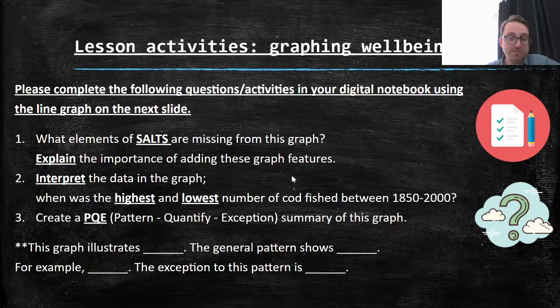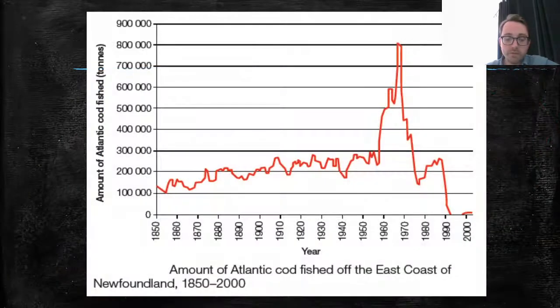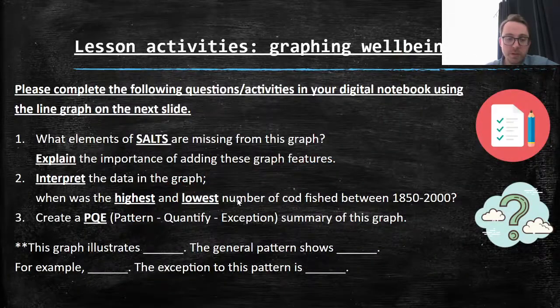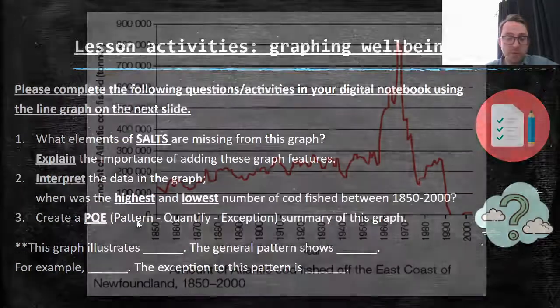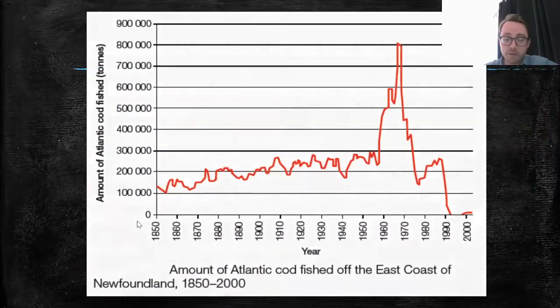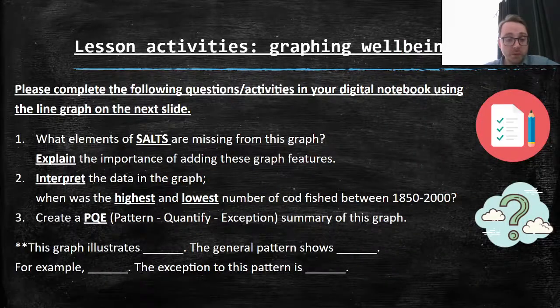Question 3. We're going back to Air Study 1. We're creating a nice PQE paragraph to summarize the information in this graph. So for those of you that can't remember your PQE, it's pattern. So what is the trend in this graph? So is the data going up, down, sideways, backwards, etc. Quantify. So after I identify the pattern, I have to prove that it is a pattern by giving some examples,